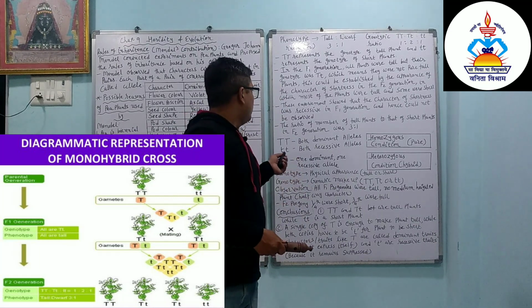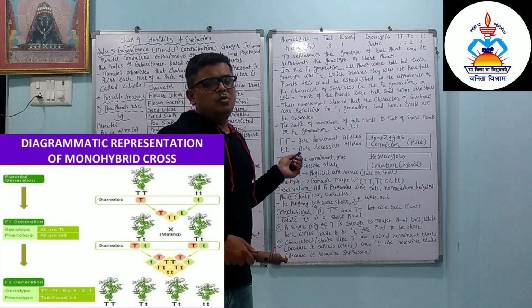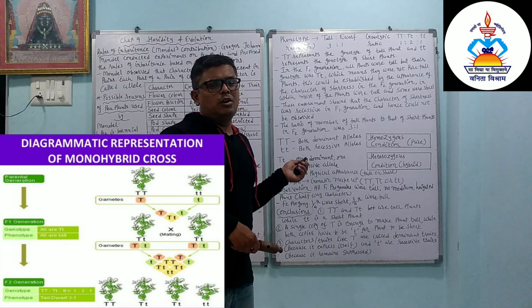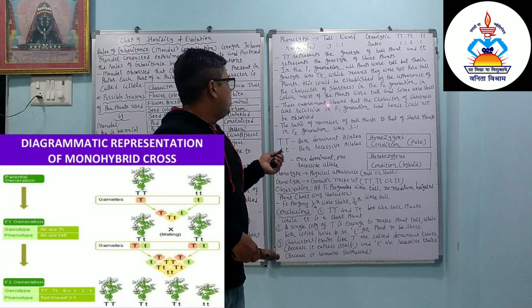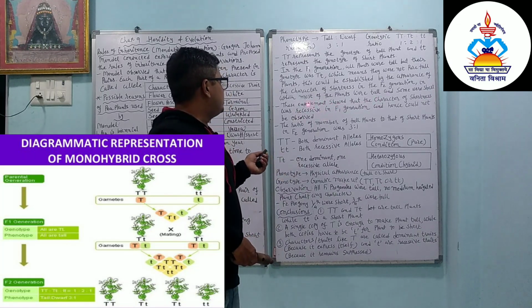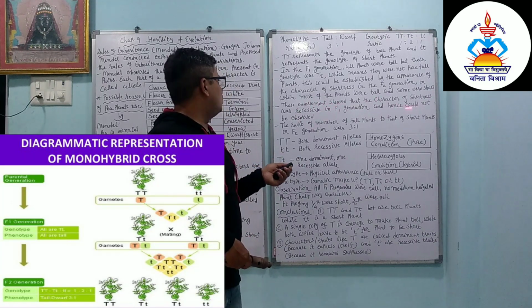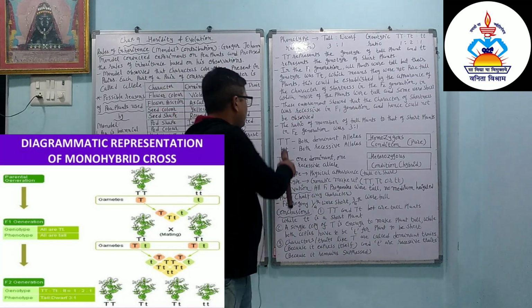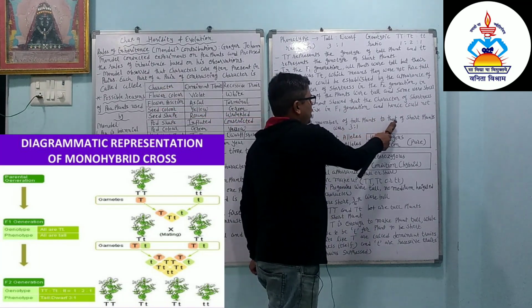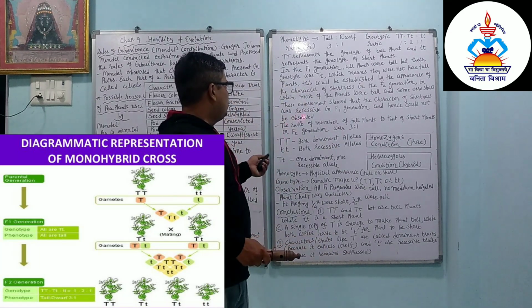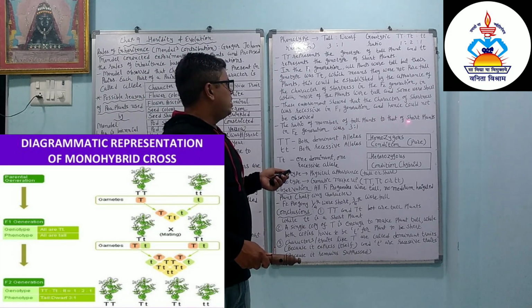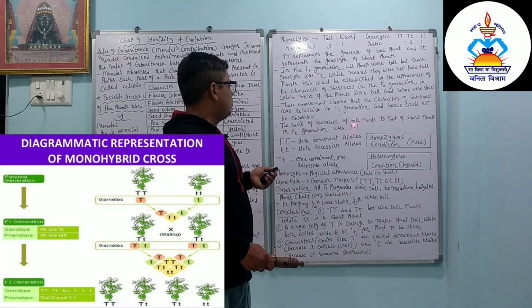Most important thing, in the first generation what happened? We take two plants and carry out the pollination between the short plant and the tall plant. In that we get the F1 generation, in which the character of shortness was recessive and hence could not be observed. The ratio of the number of tall plants to that of short plants in the F2 generation was 3:1. Very important. If we carry out the pollination between the F1 generation, then the ratio of tall plants to short plants in the F2 generation was 3:1.